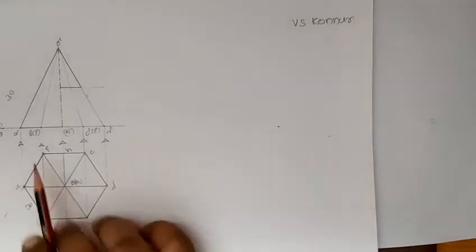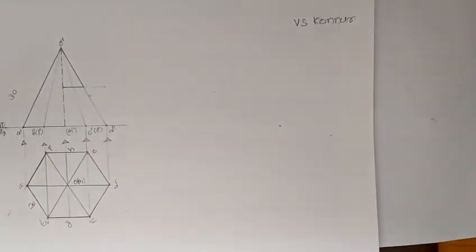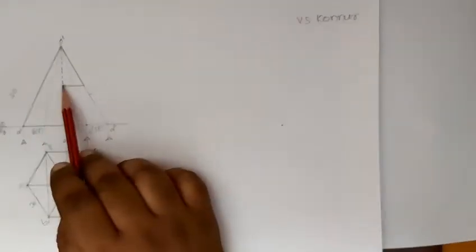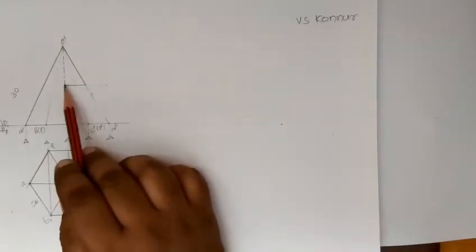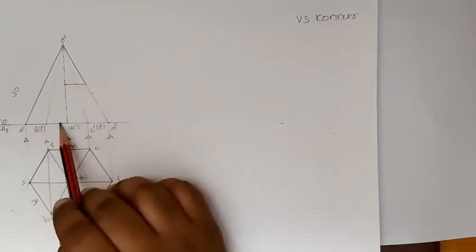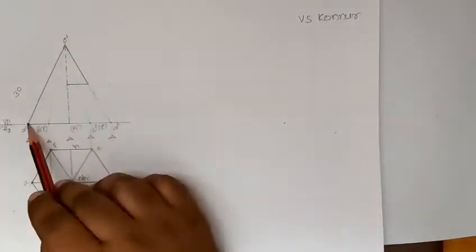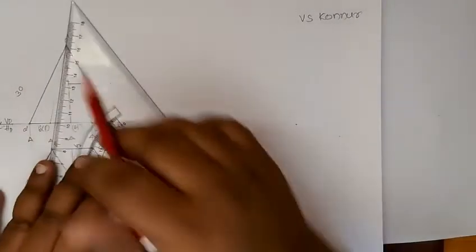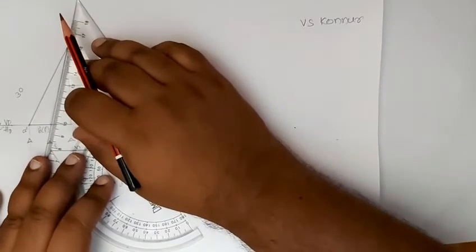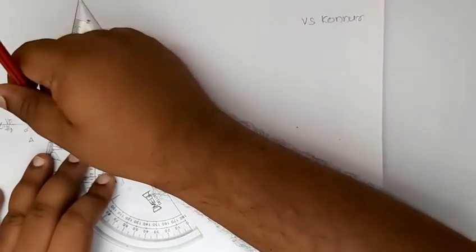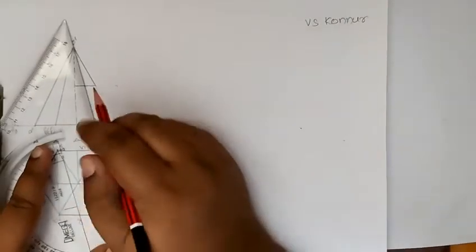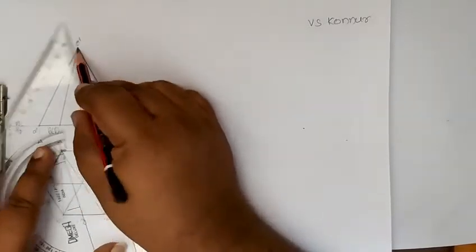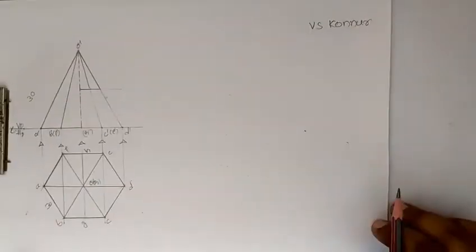Numbering will start with, there is no cut on the base, I will not go for base cutting, only this is the cut I am considering here. This is the base where there is no cut. OA, consider OA, there is no cut. I will also make this inside line dark, because this is the cut section and this line is also dark, right? So clearly it is showing this is the cut section.